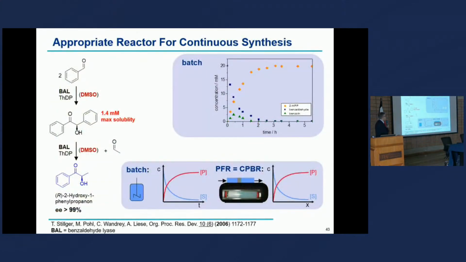Okay, what was the reason? Well, in the end, I told you 1.4 millimolar, and with any scientific data, you have to take a close look at the data. You can see that the intermediate being formed here in the beginning is at 2.5 millimolar. So this means that in the end, in your batch reaction, precipitation has started because you're surpassing this maximum solubility